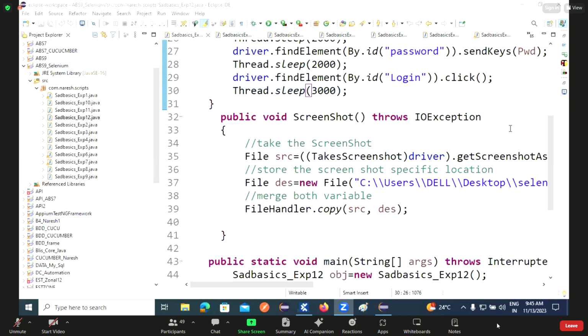How to search any expected data? Okay, write down. If we want to search any expected data,